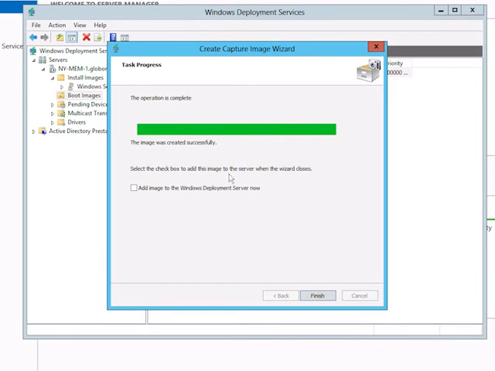Alright, so again, the operation is complete, the image was created successfully, and you'll see right here, it says select the checkbox to add this image to the server when the wizard closes. Yeah, see, we need to, and I know this seems a little goofy, because we got the boot image that was a WIM file, and then we turned it into an image on the WDS server. And then from that image, we created another WIM file, which, I'll tell you what, before I go any further,